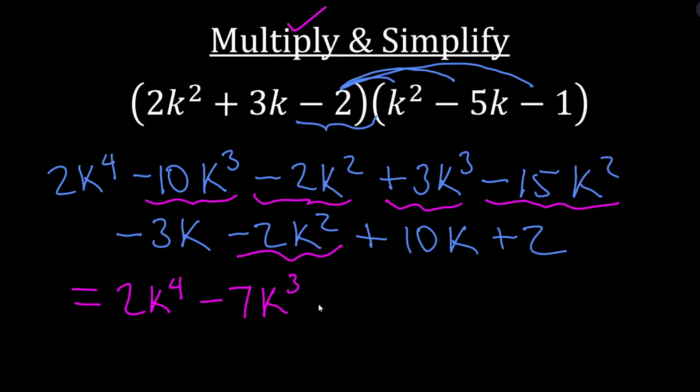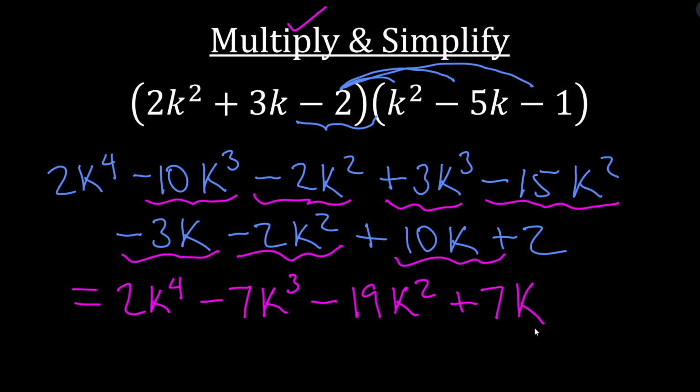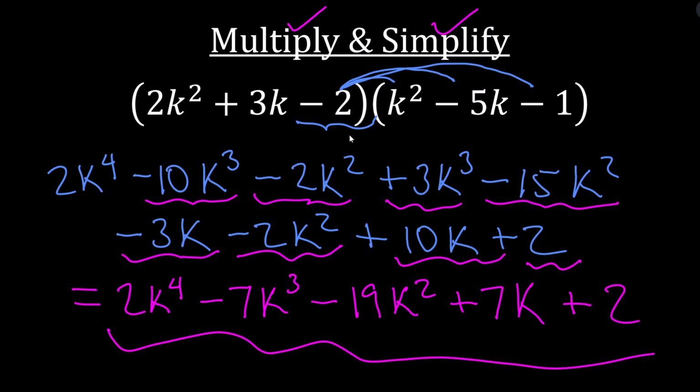for a total of minus 19 k squared. Negative 2 minus 15 minus 2, that is negative 19. And now we have these k terms, negative 3 plus 10. So we have negative 3, we're adding 10, so we end up adding 7k. And then finally we have the 2 chilling, so plus 2. And so we've done the multiply, we've done the simplify, and this here's our final answer of this multiplied together